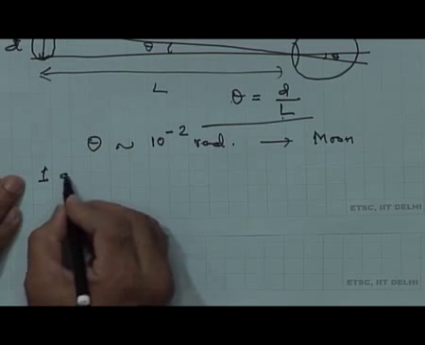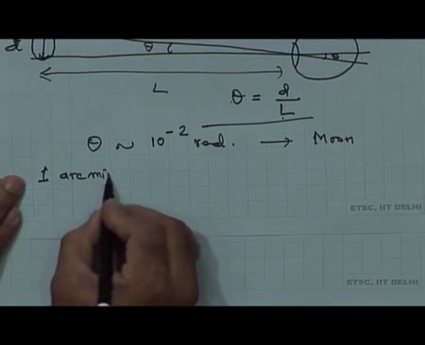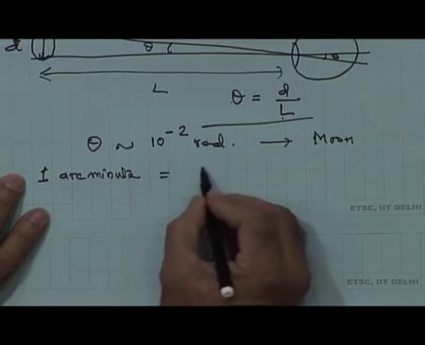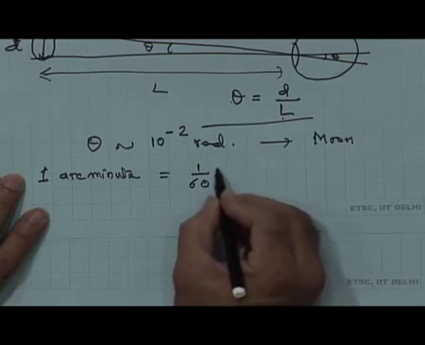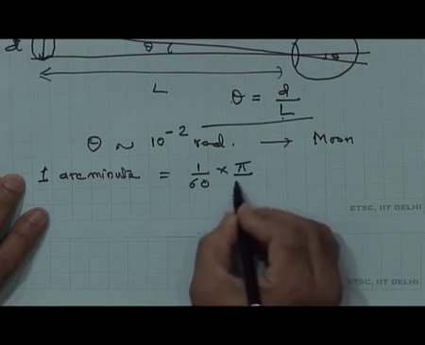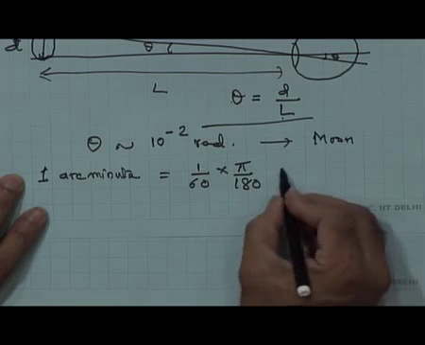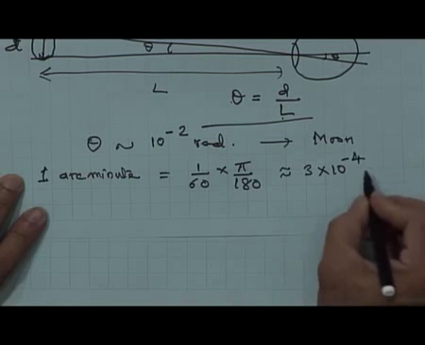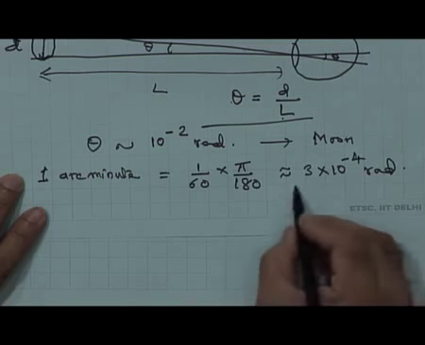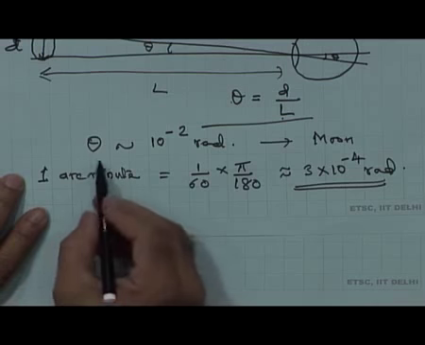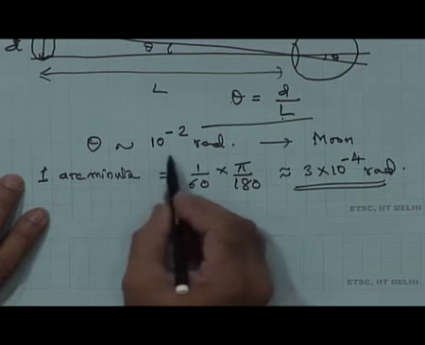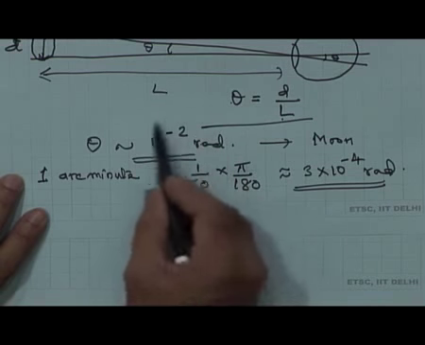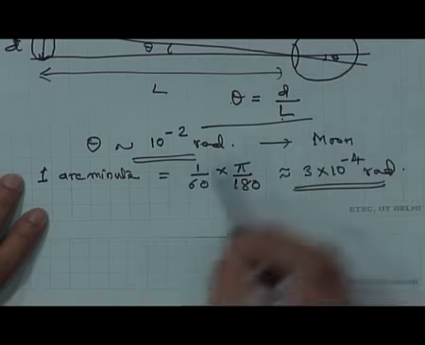eye resolution is 1 arc minute. So, 1 arc minute is equal to 1 by 60th of a degree and pi by 180 radians. So, this will be approximately 3 into 10 to the power of minus 4 radians. And the theta subtended by moon is 10 to the power of minus 2 radians, and that is why we can see moon very clearly, because the angular resolution